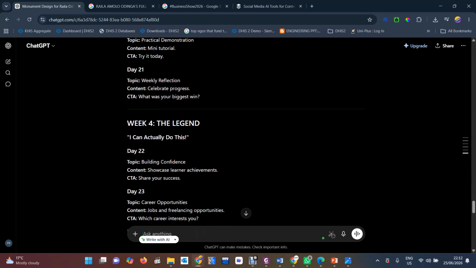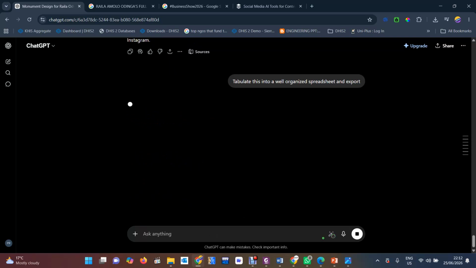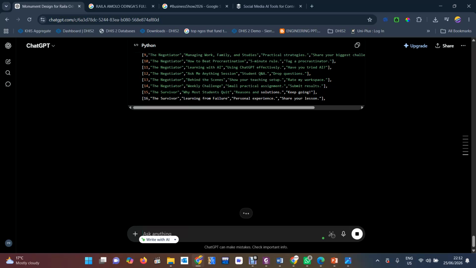Now we can twist the tail, tabulate this into a well organized Excel sheet, spreadsheet, and export. Then it is there. So it's going to do that using Python to generate that.